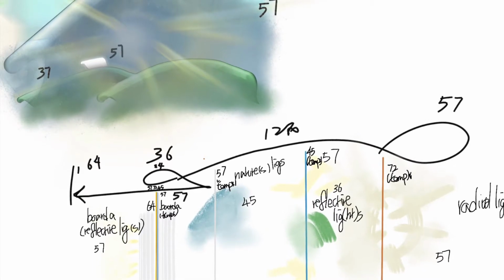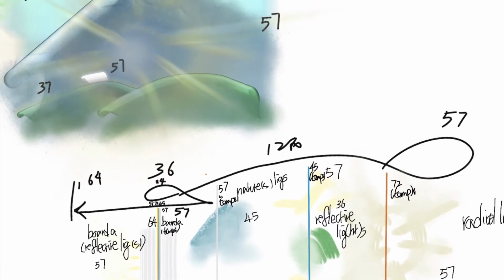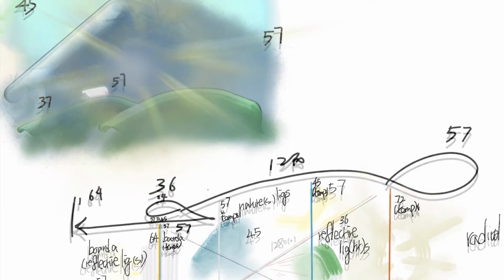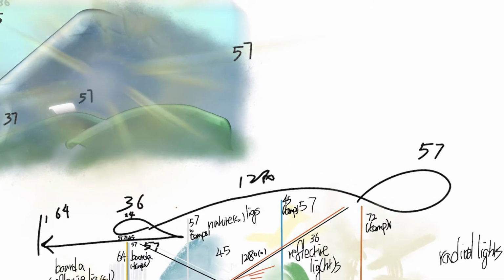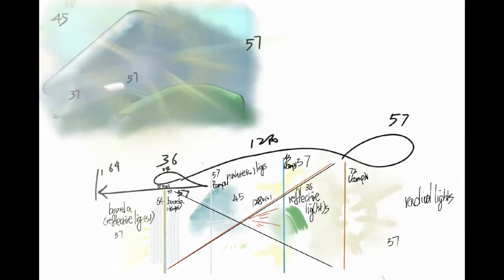Here is another recording about the light. That is a 57 is a ratio of light. That is 45 is the nature of light of a corner of a cloud or the skies. That is 63 or 36 is a reflective bounce light of the green light of the anything mixed in the